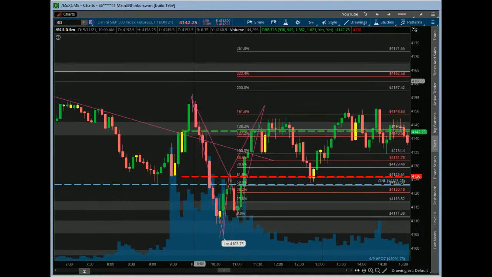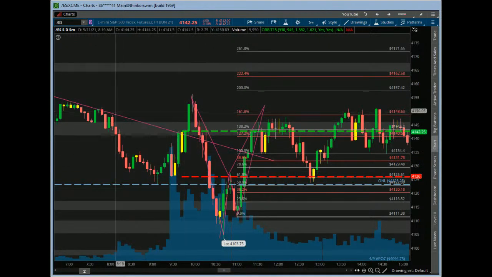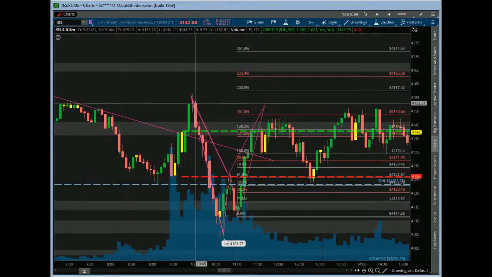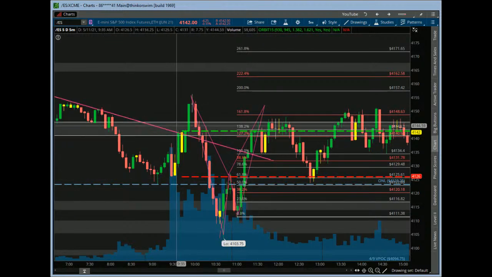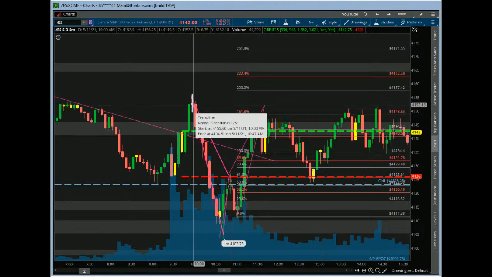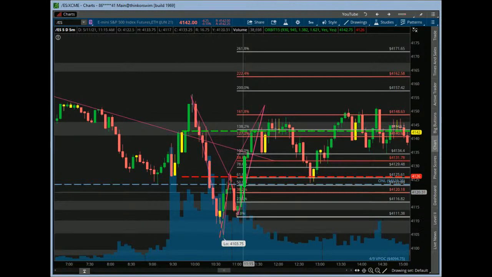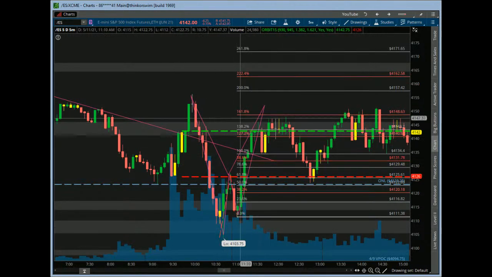The start of the day was an initial dip buy, right? We broke through the geometric level, and this gave us a good trade. It gave us a nice momentum trade to the upside. Then it gave us a doji reversal right here, you can see it on the 5-minute chart, and that gave us a nice downside trade. And then it gave us another upside trade, right? So we're looking for this type of